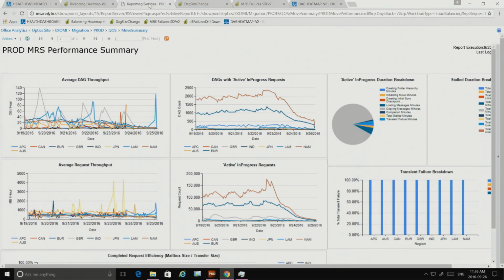Now, things start getting interesting when I start to look at throughput. Across our service, we have to look at aggregate data and aggregate throughput, which is really the most interesting thing to figure out why hundreds of terabytes of data are moving slower than expected. There's a couple things there that are interesting. Some of this is simulated, not an exact view, but you'll see in the top middle that the number of servers or DAGs, capacity units, that have active requests has been dropping off for a few days, which is problematic and indicative that there's something lower level that's an issue.